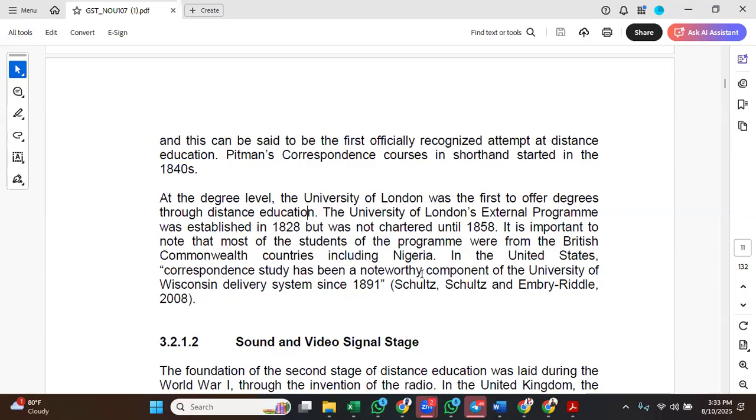So we said that University of London started an external program in 1828, but it was not chartered until 1858. And it is important to know that most of the students of the program